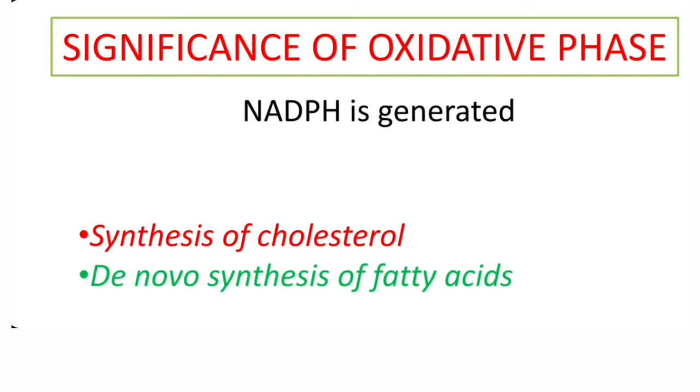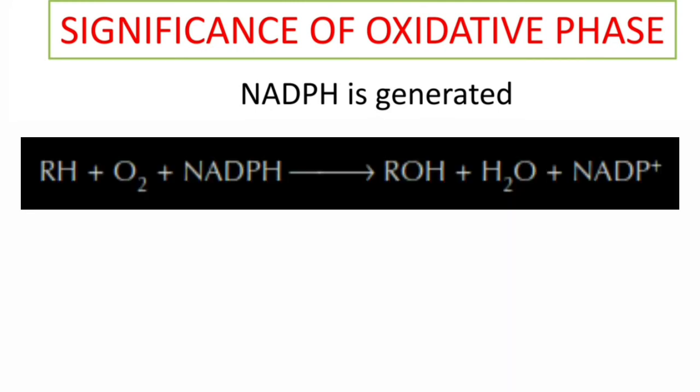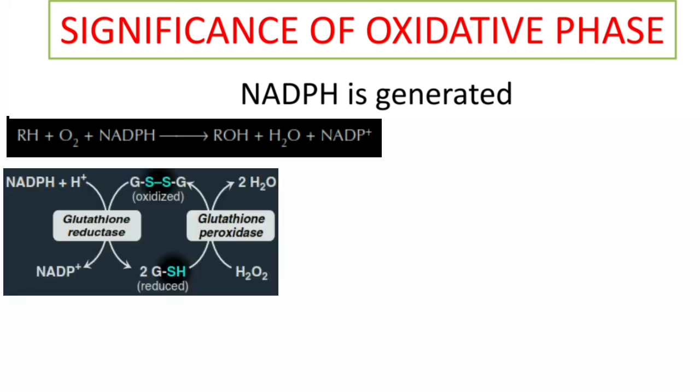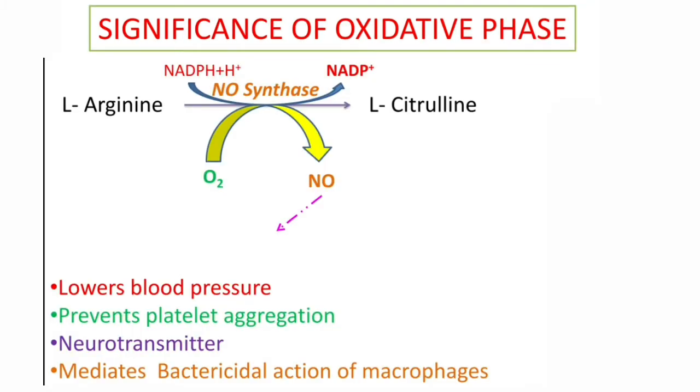Coming to significance of oxidative phase of HMP, here NADPH is generated. So this has different uses. NADPH is used for reductive synthesis of cholesterol and de novo synthesis of fatty acids. NADPH is consumed by drug metabolism, glutathione reduction, and in generation of superoxides in phagocytosis by NADPH oxidase. NADPH is also used in the synthesis of